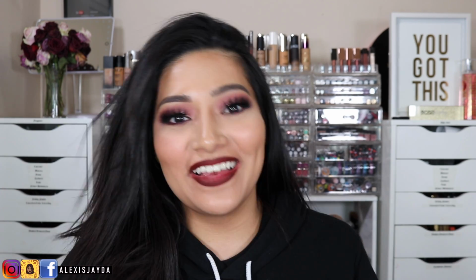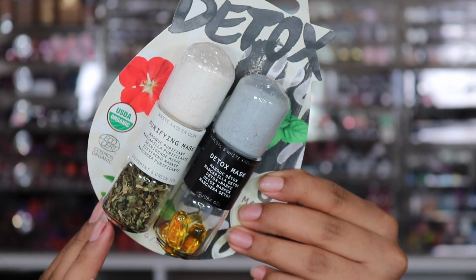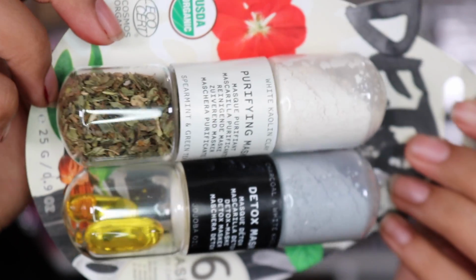All right, so I found this at Walmart and I want to try it. Let's just jump right into it. This is the Detox and it comes really cute. Look at it, it's like a little peel thing. I don't know. It says six mask,